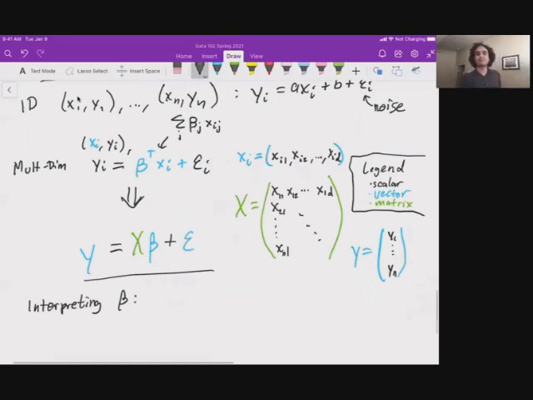Let's go back to that example with the books. We have beta 1, beta 2, and beta 3. If there are 3 features, then there are 3 betas. Let's suppose that they're in that order: the number of pages, the number of books the author has written before, and the quality of the paper. So beta 1 tells you how much y changes for each unit increase